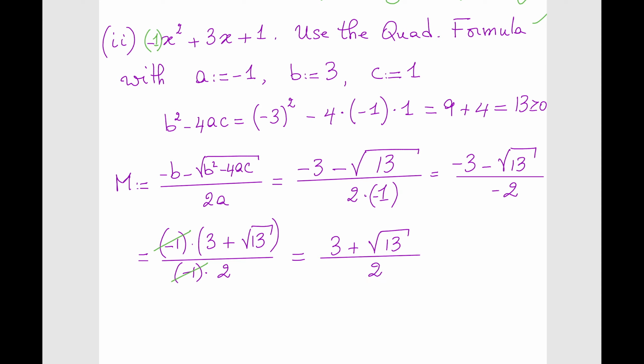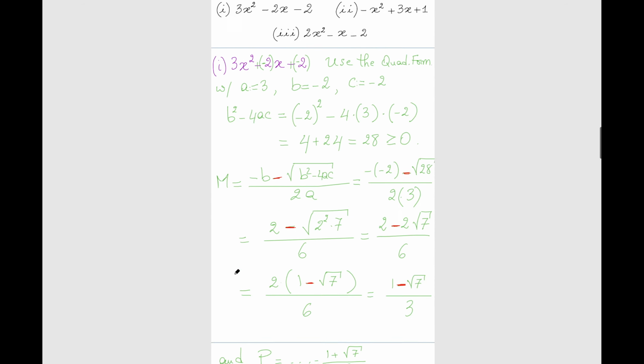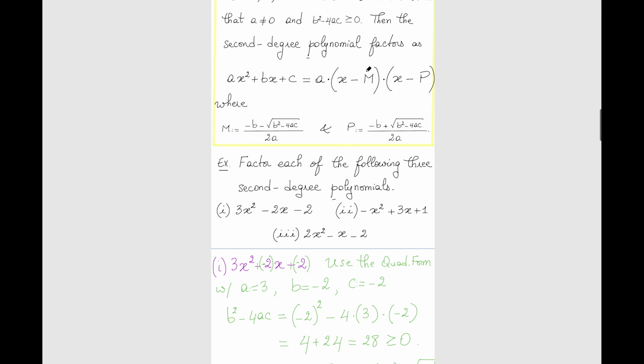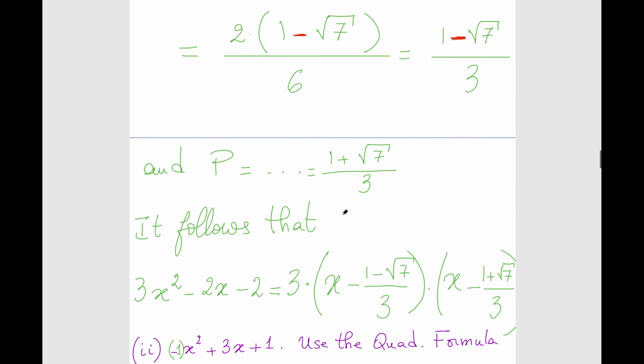Over 2. Makes sense? All right. That's the m guy. Where do I need m? It's the guy that sits here. How about the p guy? The p is very much the same as we talked about. Very much the same as m, but the only difference is this sign. Instead of minus, it's going to be plus. Okay. So p is